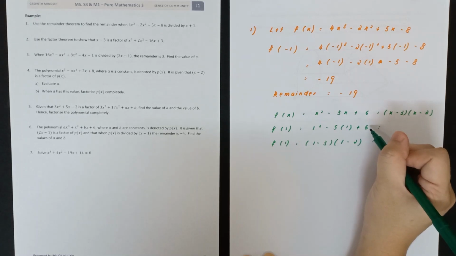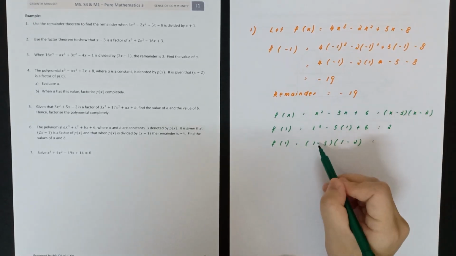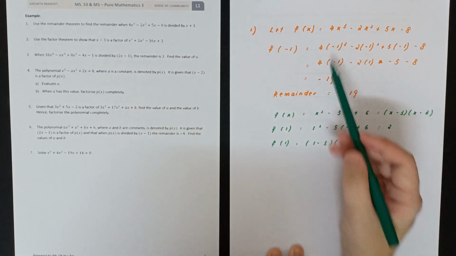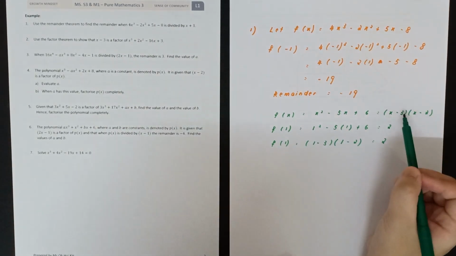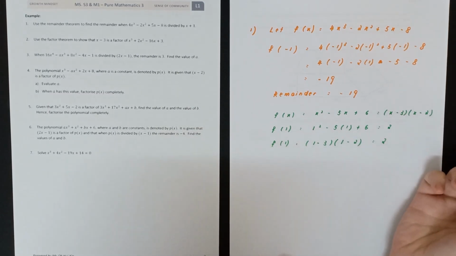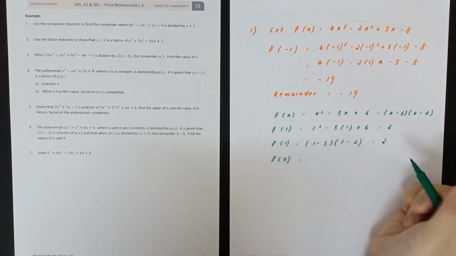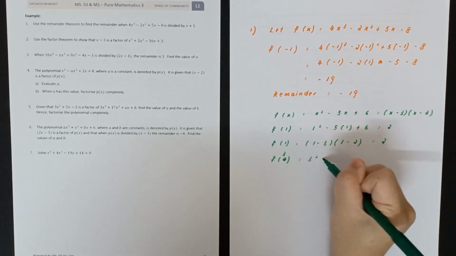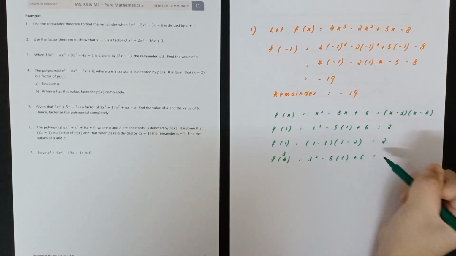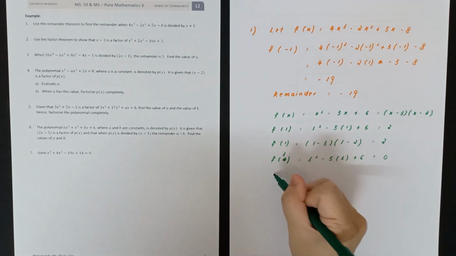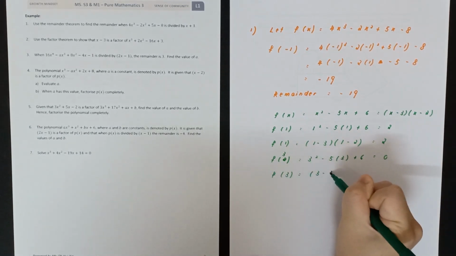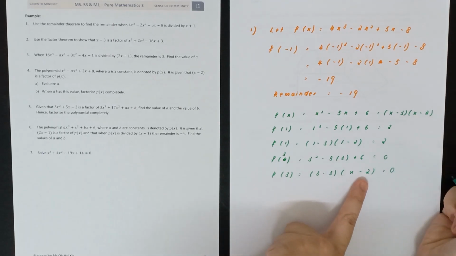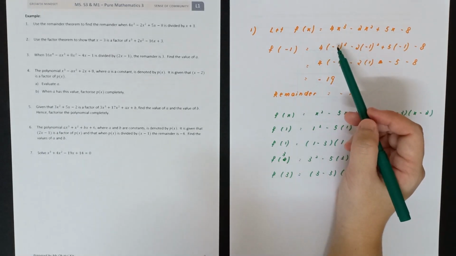So 1 minus 5 plus 6, then negative 4 plus 6, you get 2. And negative 2 times negative 1 also gives 2. It's basically the same thing. I do not need to factorize it before I can substitute. For this term, if I substitute 3, it will become 0. Let's say f(3): 3 squared minus 5 times 3 plus 6, so 9 minus 15 plus 6, I get 0. It's the same if I substitute into (x minus 3)(x minus 2). It just becomes obvious that this part becomes 0, and when I multiply anything with 0, I get 0. So I do not need to arrange them into the form